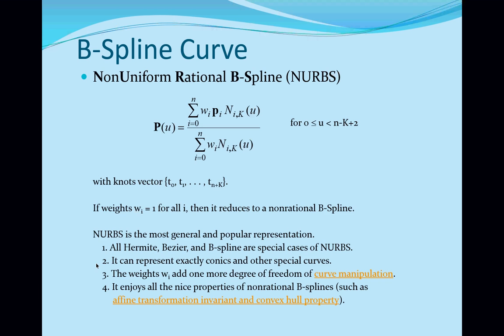Then you have the non-uniform rational B-spline. In a non-uniform rational B-spline, there is an additional polynomial in the denominator. That is why the term rational is used. One of the biggest advantages is that we cannot draw a hyperbola, a parabola, a circle,